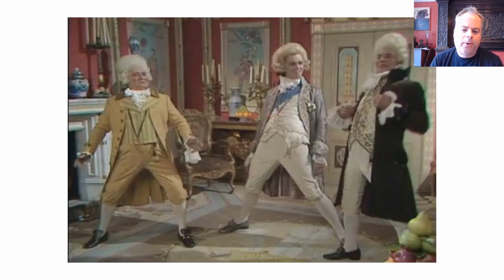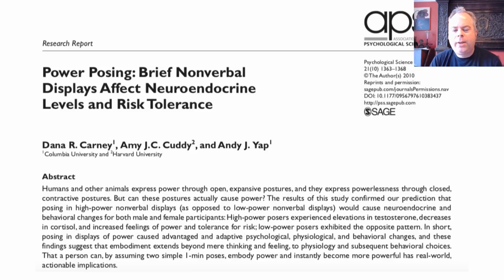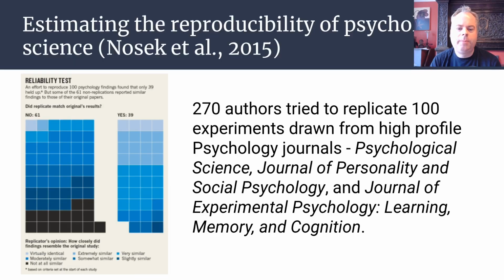So this is an example of power posing. Power posing, the paper came out in 2010, and it claimed that if you stand in a certain way, not only do you feel more powerful, but you actually become more powerful as well. So again, this paper came out in a great journal, Psychological Science, and it seemed to suggest that there were basic physiological changes that came about within your body as a result of how you held yourself. So this was another paper at the time that caused a lot of media chatter, and it was almost again part of this general set of questions about, well, how much of what's published can we actually